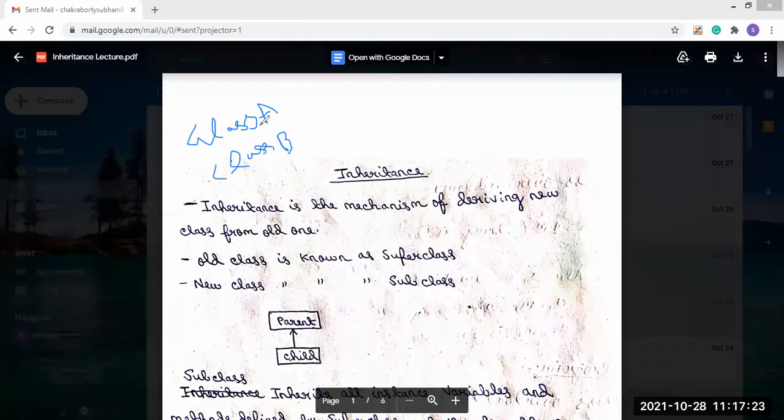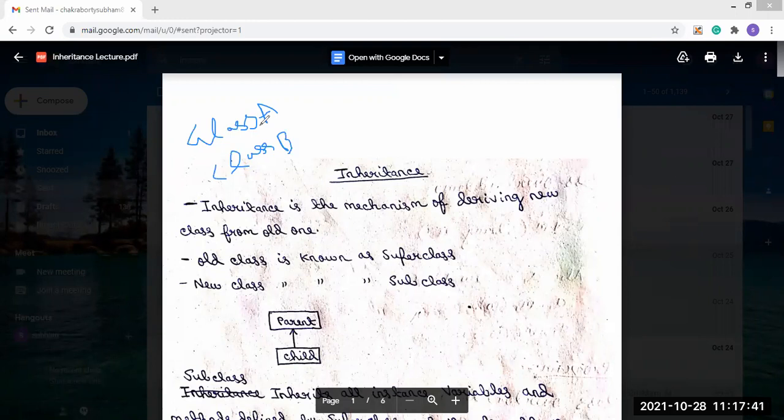Some or all of the properties present in class A can be present in class B also.